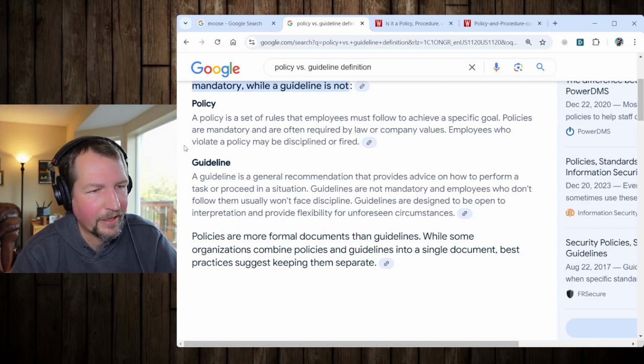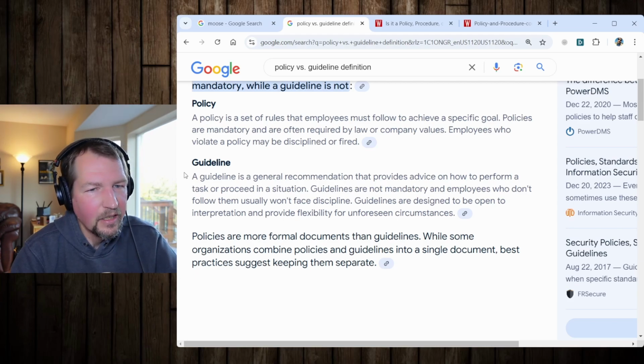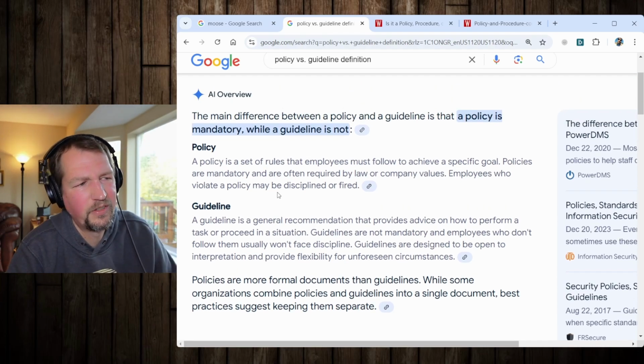In contrast, a guideline. What is a guideline then? A guideline is a general recommendation that provides advice on how to perform a task or proceed in a situation. Guidelines are not mandatory, and employees who don't follow them usually won't face discipline. Guidelines are designed to be open to interpretation and provide flexibility for unseen circumstances. So, for example,